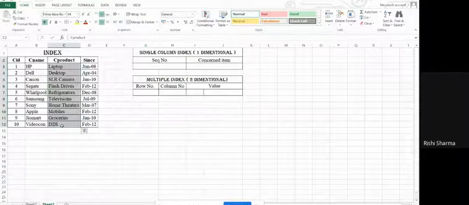Let's say I have given this column, and I have to find the item which is at number one position or number four position or number seven position. So when I'm selecting any one column from the entire database, then it is called single column index or one dimension index, because I'm not taking any other column. I'm not taking any rows and columns. I'm just taking only one particular column. All right. And when I'm taking two columns or multiple columns, or I'm taking the whole database and using the rows and columns concept, then it is called two-dimensional index.